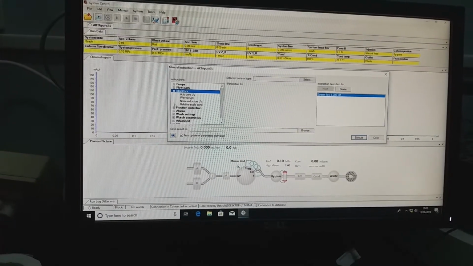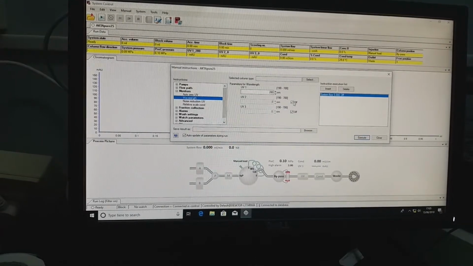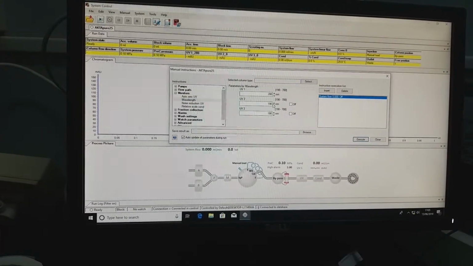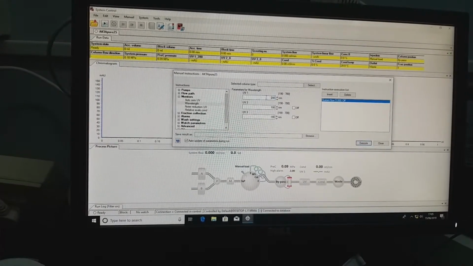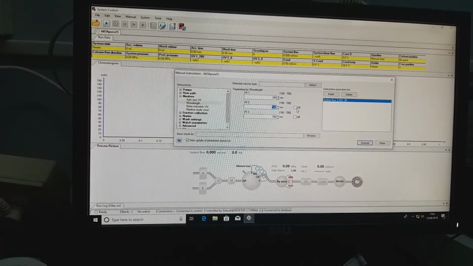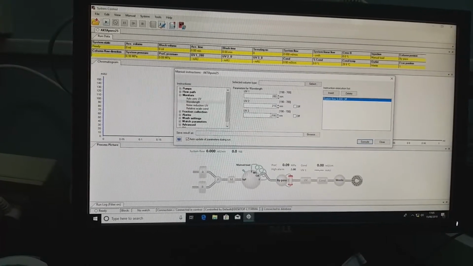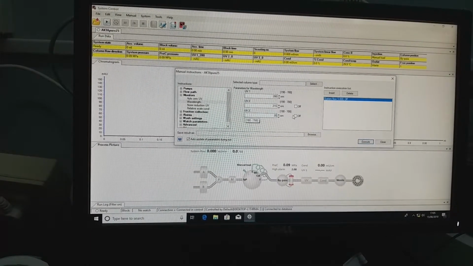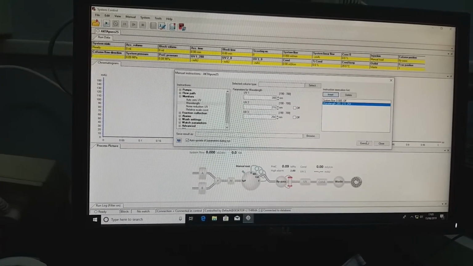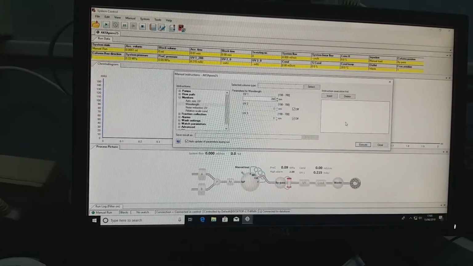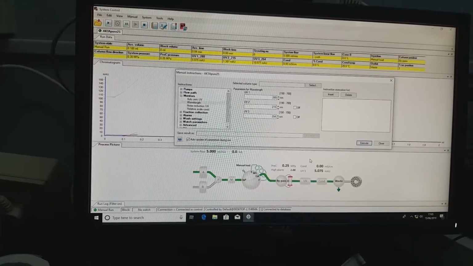Now here it is monitors, very important thing. We have 3 wavelengths here. We can monitor at 3 different wavelengths. So your choice you can give. So we are giving 280, 215 and 254. Just insert and say execute. So it started.